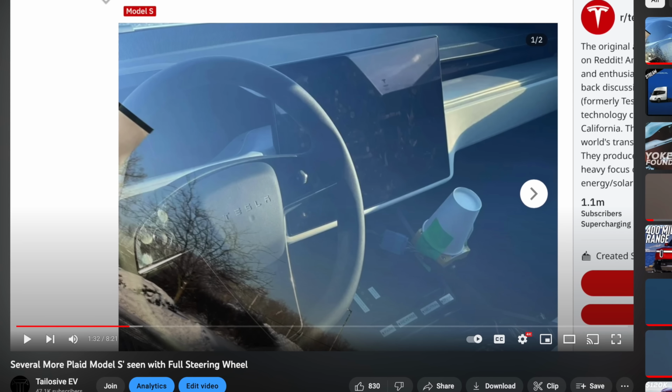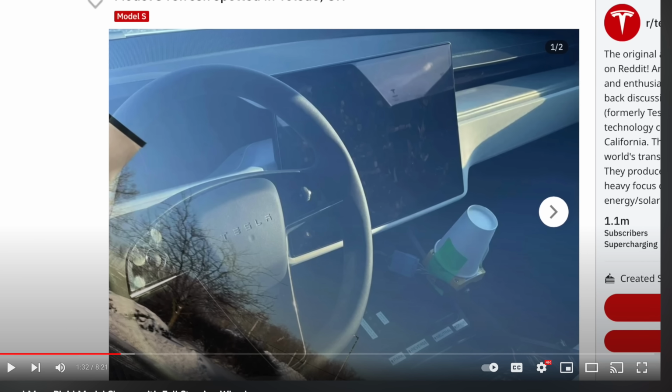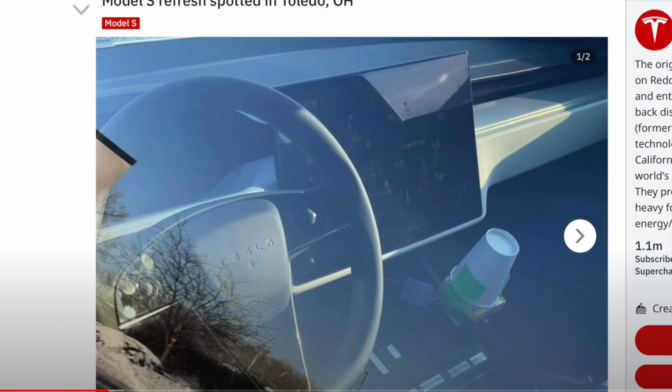ago, but that was actually 2 years ago now that they refreshed the Model S and X with the yoke, and we found prototypes that had full steering wheels, and even through website code, we were able to find images of the refreshed Model S with the full steering wheel, and we were hearing talks that Tesla would eventually offer the option between a yoke or full steering wheel, but they all just basically went quiet, and I was convinced